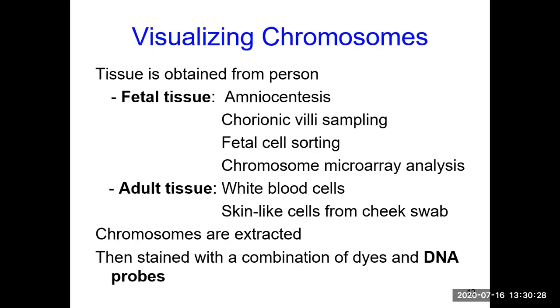Now in human beings, for clinical purposes, fetal tissue can be used to diagnose genetic abnormalities in prenatal conditions. And these are some of the techniques that are used to detect chromosomes in fetuses. In adult human tissues, we can use white blood cells, because white blood cells contain DNA, or other cell types. A lot of cell types can be used to observe DNA. Usually, when you take out cells, there is a process by which you make sure the chromosomes are stable. So you are fixing the chromosomes, and then you stain them with different dyes or DNA probes.